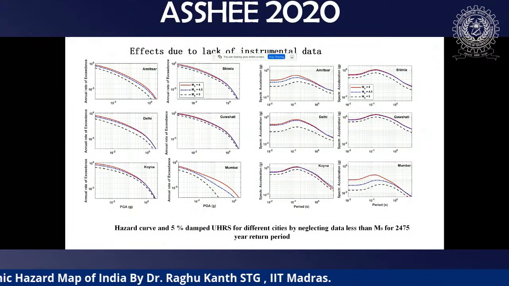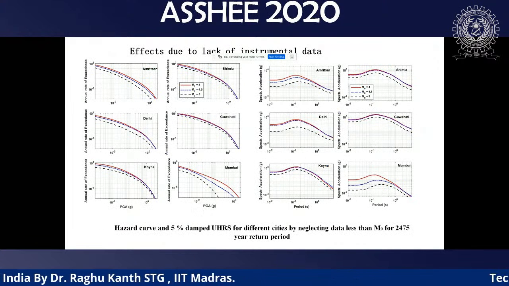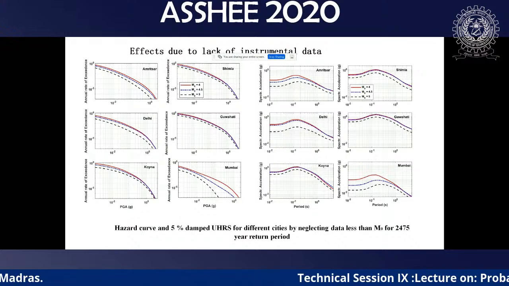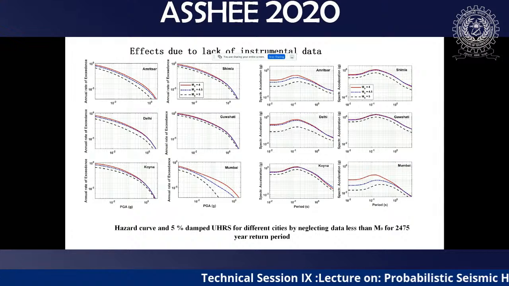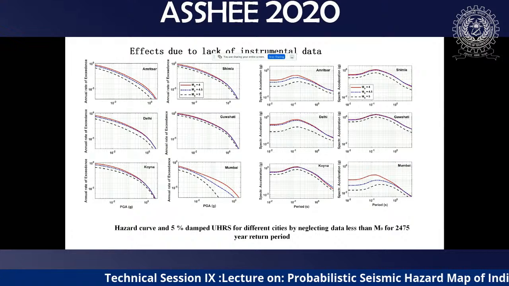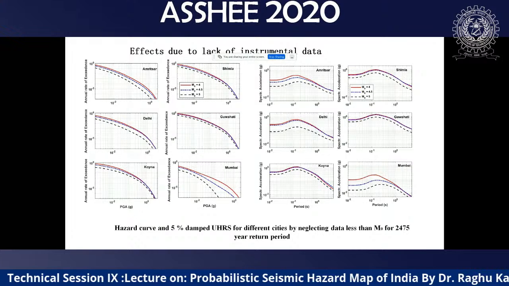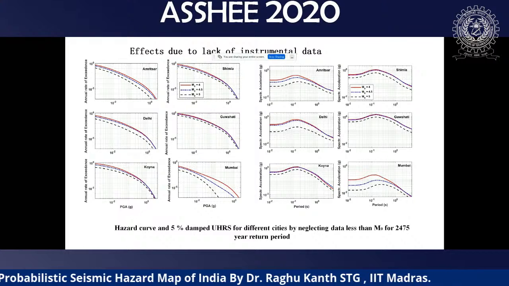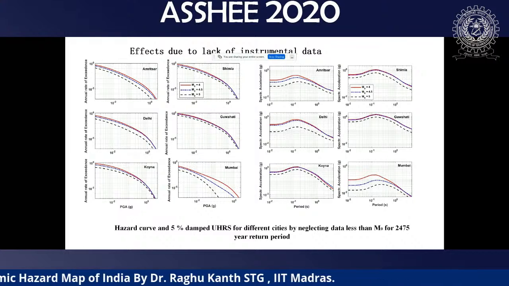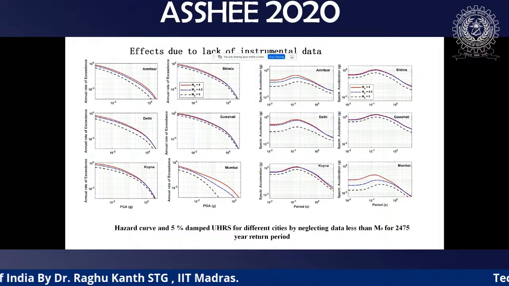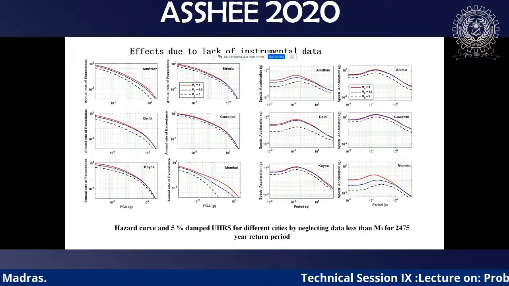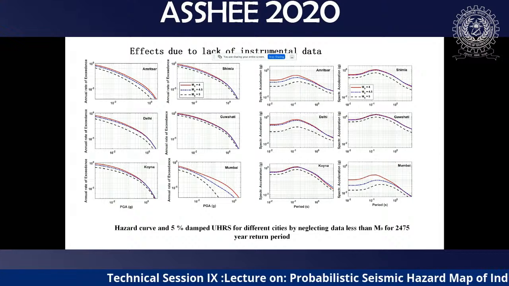Now we have also done sensitivities for the lack of instrumental data. In India, some places are widely instrumented. Like the Koyna region is highly instrumented, so magnitude 3, magnitude 4 events, they report all this instrumental data. Now there are some regions, like in the Ganga Basin, where instruments are not there. Earthquakes are occurring, small quakes like 4.4 or 4.6, but they are not getting recorded there. So in hazard analysis, wherever the instruments are high, the values are high, but wherever there is less instrumental data, the values are very low.